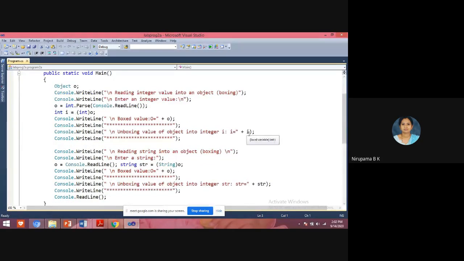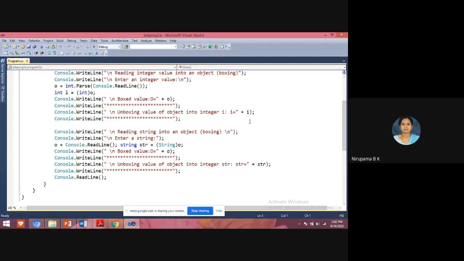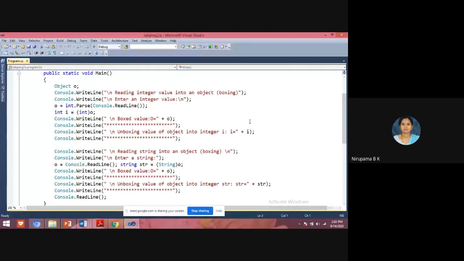This is also the same program. See this program, students. In this program, I have done boxing and unboxing for both integer and string.